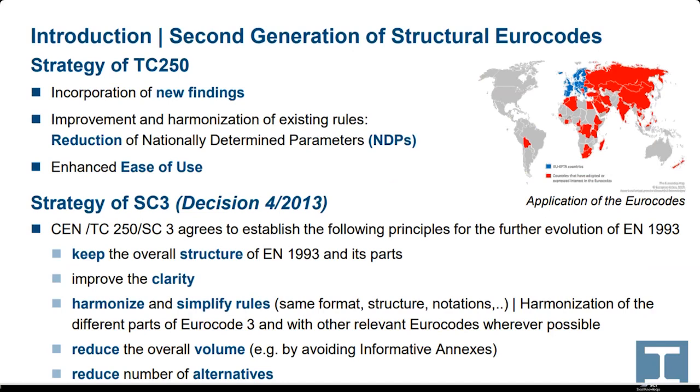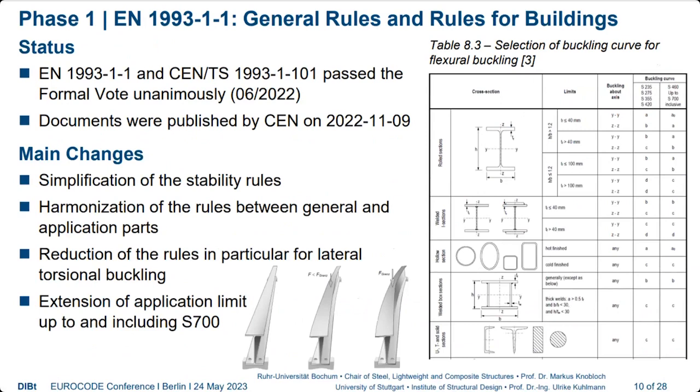So you can see a little bit about the strategy of this subcommittee: clarification, harmonisation, reducing alternatives, all that kind of stuff, which is good. I've then got a couple of slides that highlight one or two of the main changes. Some of you will be familiar with what we're calling Eurocode nuggets. We've published half a dozen now, which are trying to give you a heads up on what's going to be coming out. But some of the main things that have happened in Eurocode 3 Part 1.1, you can see on this slide.